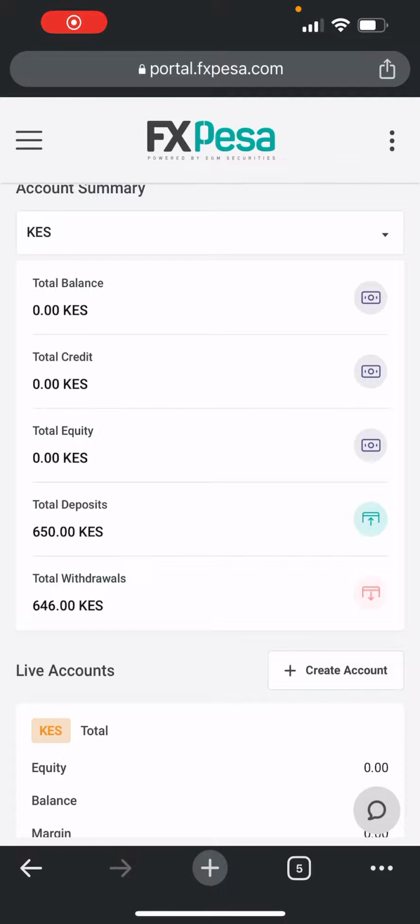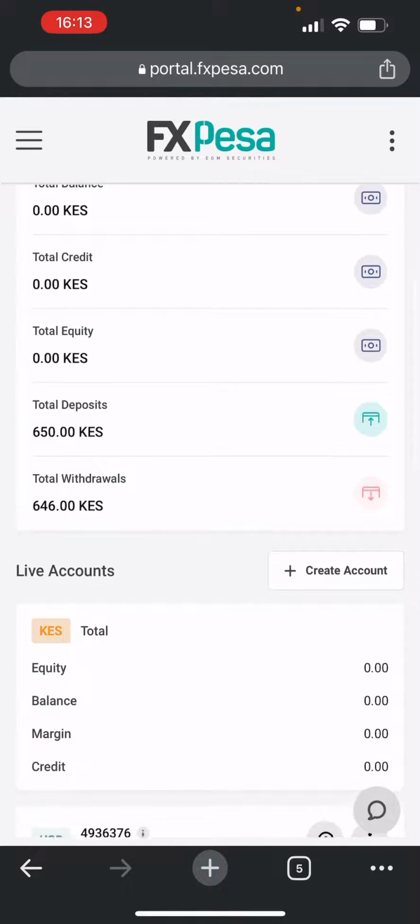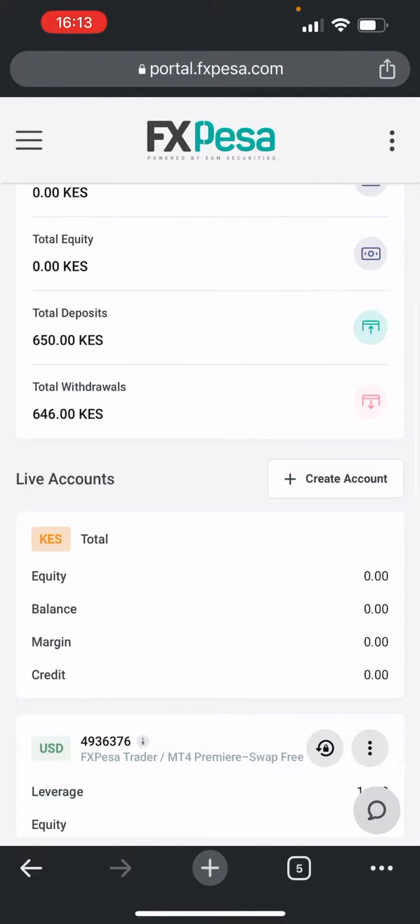This is how you can change from MT4 to MT5 or MT5 to MT4 in Fxpesa. It's just a very easy process, but note that you cannot use the same credentials to log into another. So this is how you can do it: log into your Fxpesa website over here, log in, and the moment